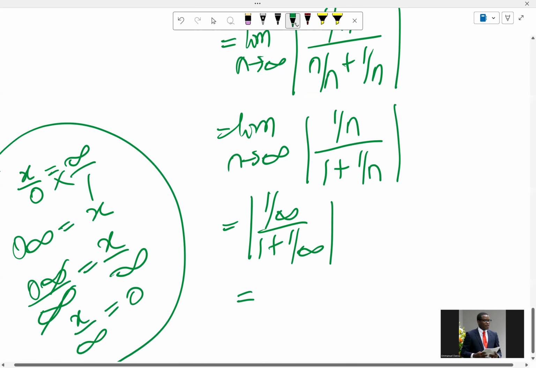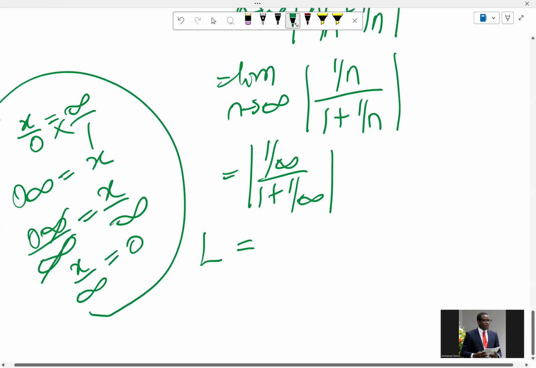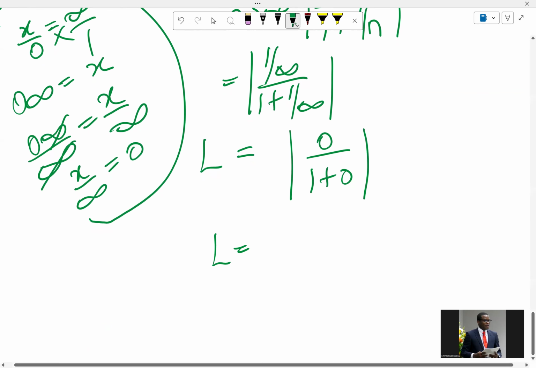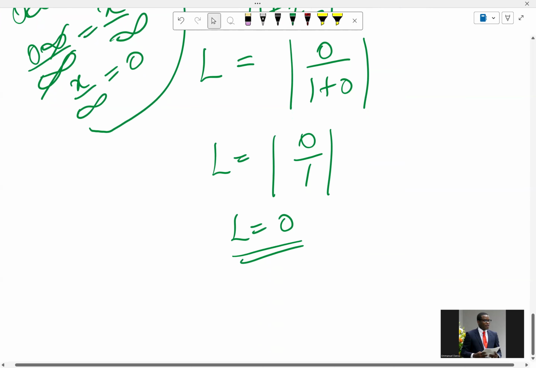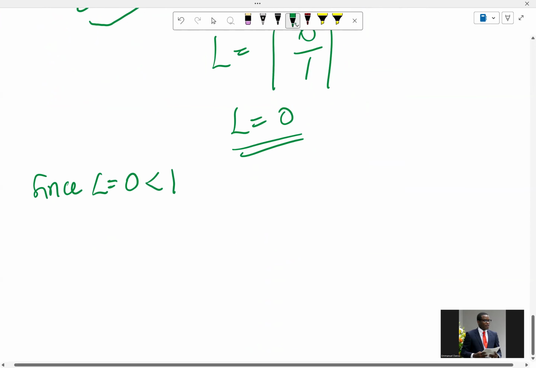So you now have 1 over infinity. So it means your L is actually 1 over infinity, which is 0, all over 1 plus 0, another 1 over infinity. So that means L is equal to 0 over 1, and L is equal to 0. So it means that the limit here is 0. So since the limit is 0, you can now make your final decision. Since L is equal to 0, and 0 is actually less than 1,